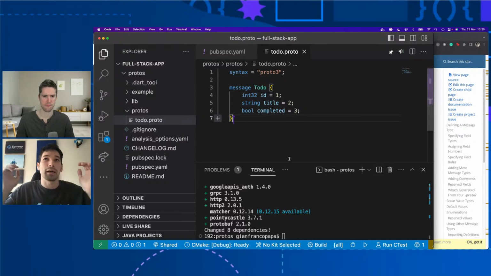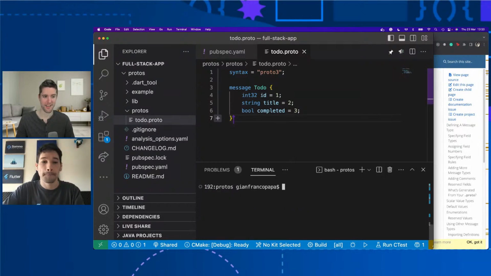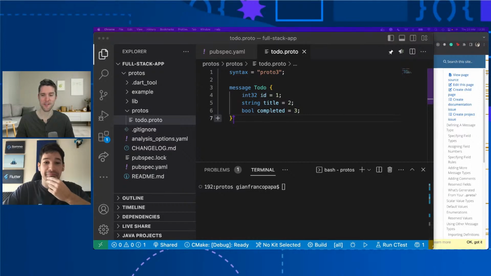So this is really an ultimate solution for having a single source of truth for your models, right? Because you are sharing the whole model with a lot of programming languages. And we did not write much. That is a terse definition of this to-do class.